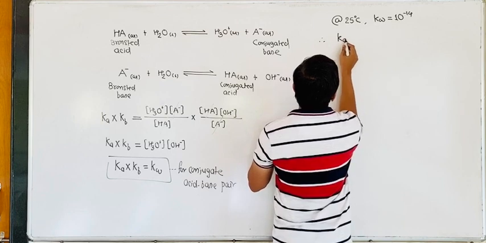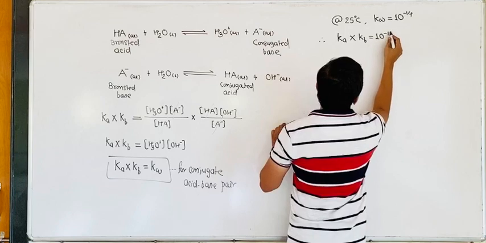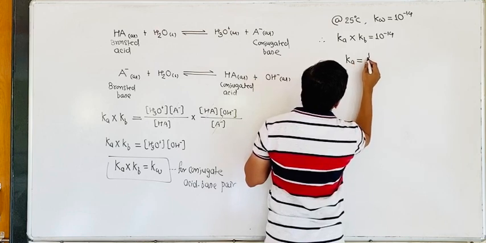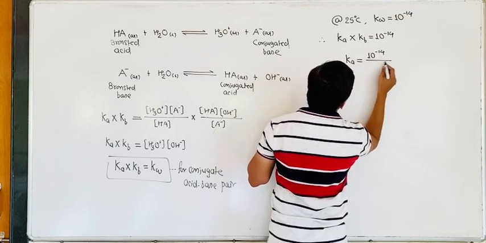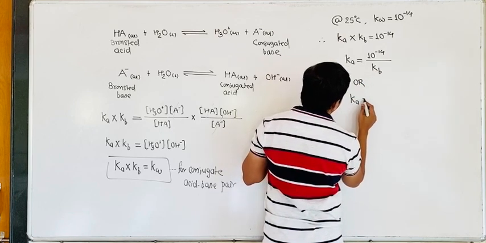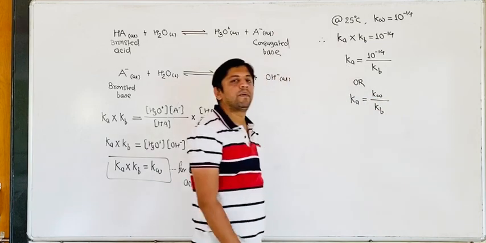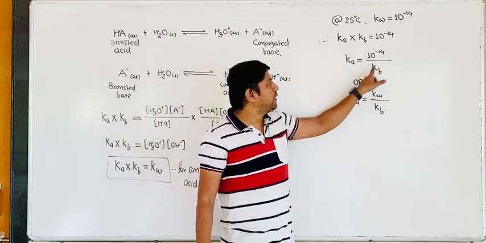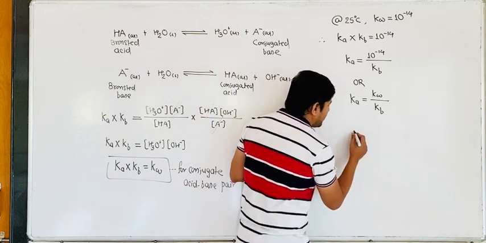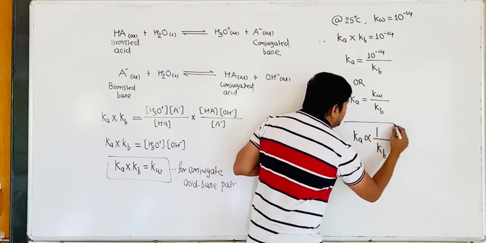Therefore, Ka value into Kb value is equal to 10 raised to minus 14, or Ka is equal to 10 raised to minus 14 divided by Kb, or you can write as Ka is equal to Kw divided by Kb. This value of Kw is temperature dependent, which is constant at that particular temperature. So from this expression we can write that Ka is inversely proportional to Kb